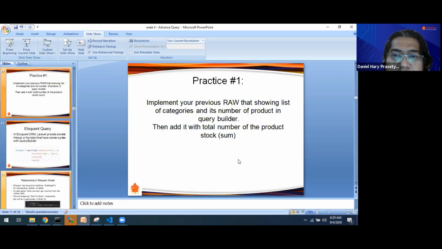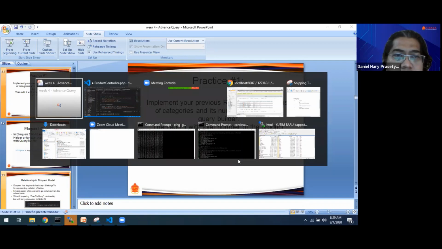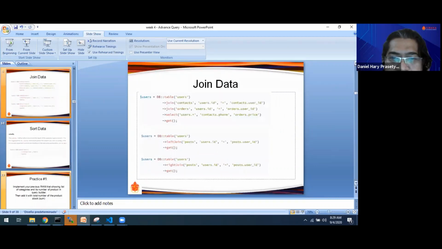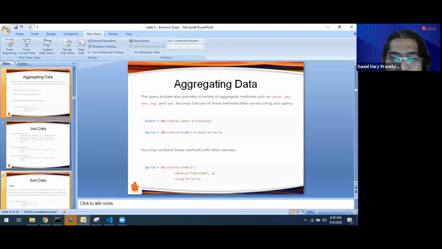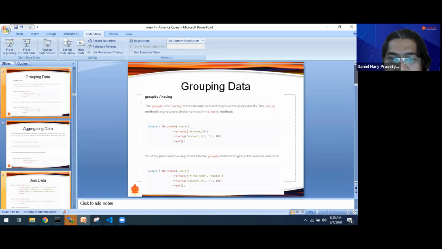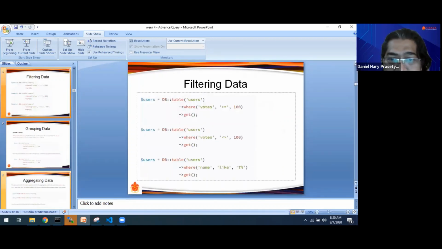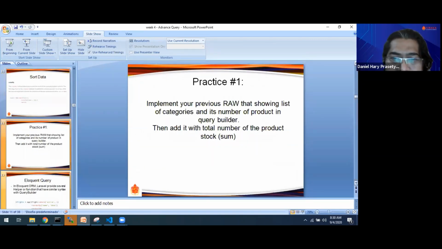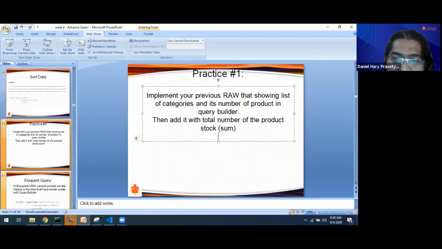Okay, we can use a query builder from our previous slide. This one for join. This one for group by. And for the aggregation, okay, there is no aggregation. For the aggregation, we can use,